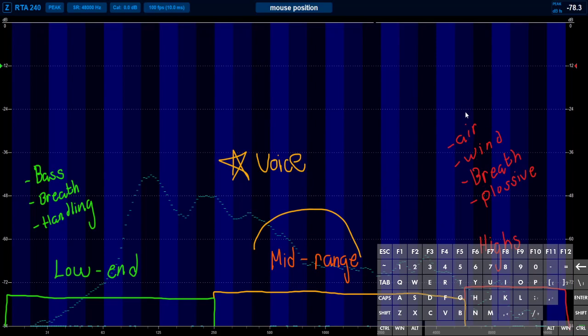You can kind of also think of it as instruments. You can imagine that hi-hats live up here on a drum kit. And then the mids, that's going to be something like your snares. And then for the low end, you can think of that as the bass drum. So with all of that being said,